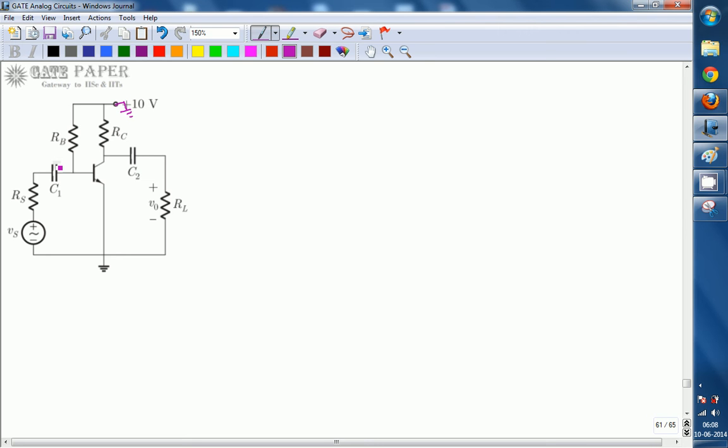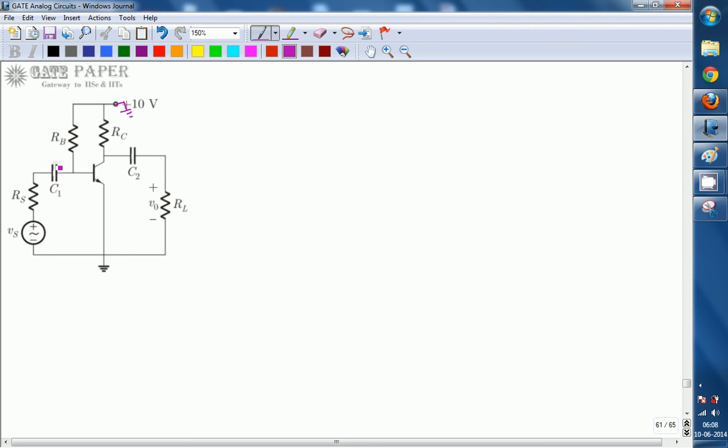We are only considering the effect of variations produced by the input. What is its effect on the different parameters? But the DC voltage source itself is a constant one which is not affected by the input variations. That is, small signal input application doesn't change the DC voltage source. That's why there is no need to consider it. The change in DC is 0. Delta VDC, the change in DC voltage, is 0 because of the change in input signal. Because of that also we can treat it as grounded.